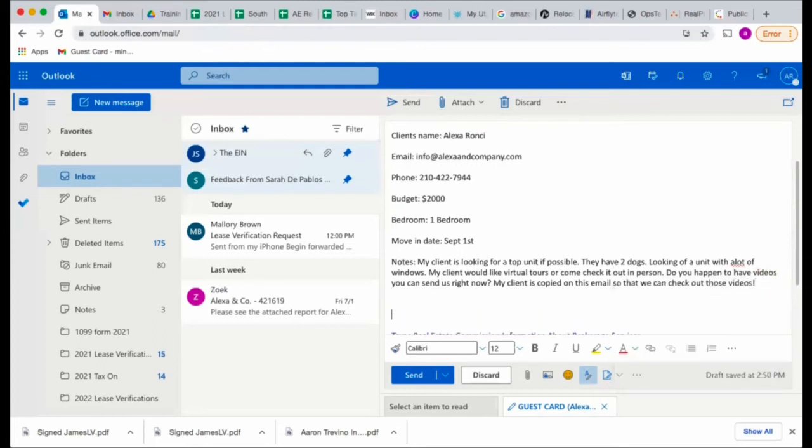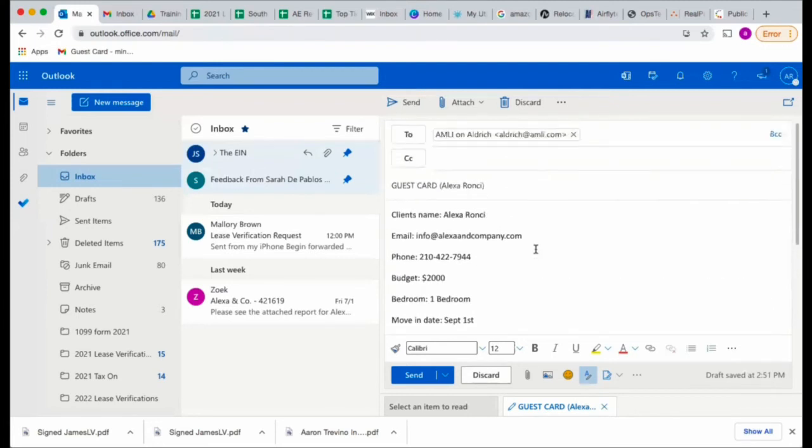Or I've had it where in my notes, I'll say, hey, not sure when my client will stop by this week, but wanted to give you a heads up that they are coming in to check out your complex. Whatever it is, if you know that they might stop by, just go ahead and send these. And this is what we refer to as guest cards. So always send these before your client goes on tours anywhere, just to cover your butt in this way so